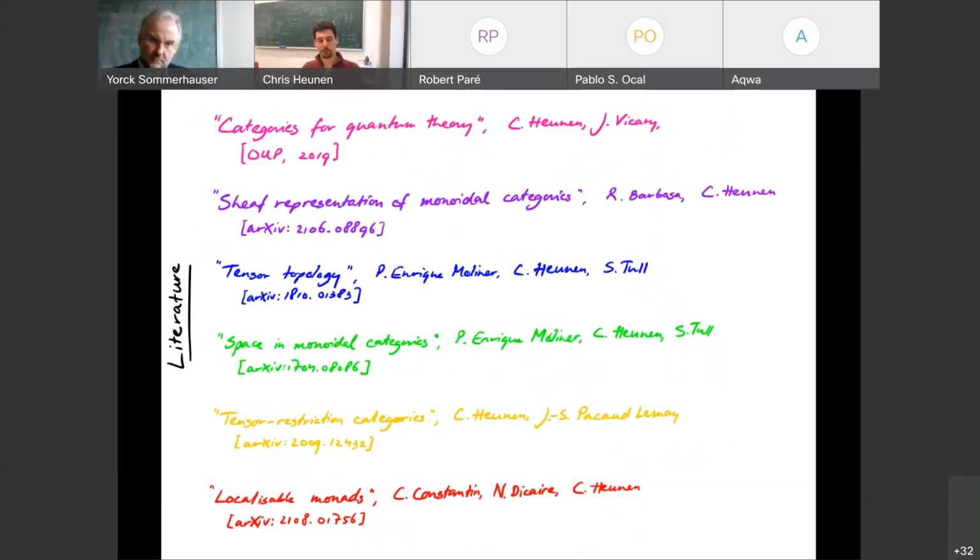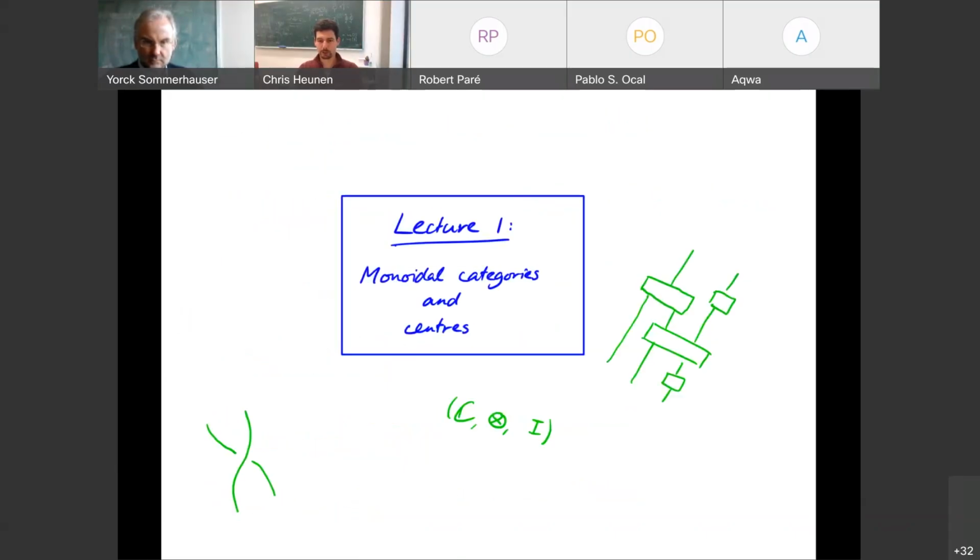If you can't get enough, all of this is based on the papers I'm mentioning here. The first one is actually the book that Jörg mentioned. It's very nice, and you can read it, and it's more for background. The real tensor topology stuff is the 5 lowermost papers. So I think we'll make these slides available afterwards. You can follow all the arXiv identifiers if you like. All right, so let's start with the stuff proper.